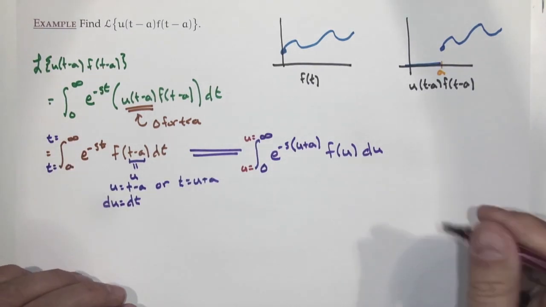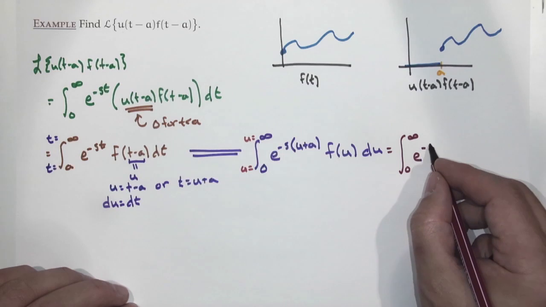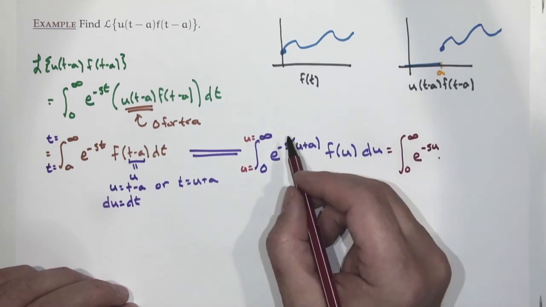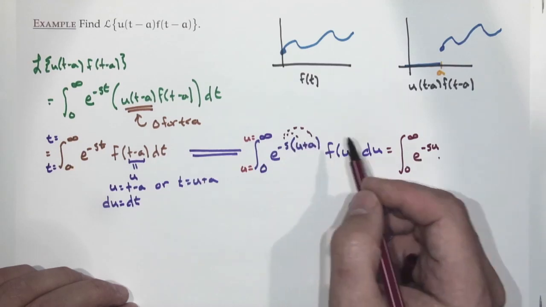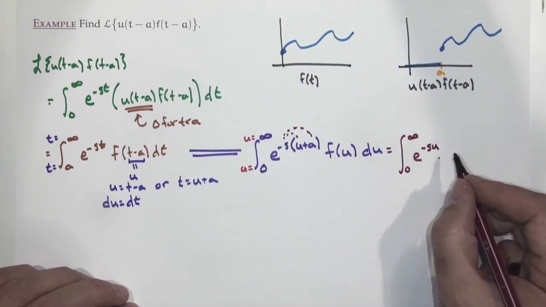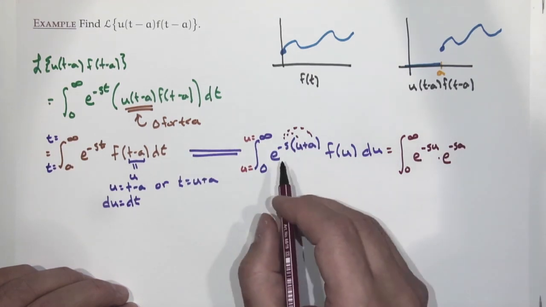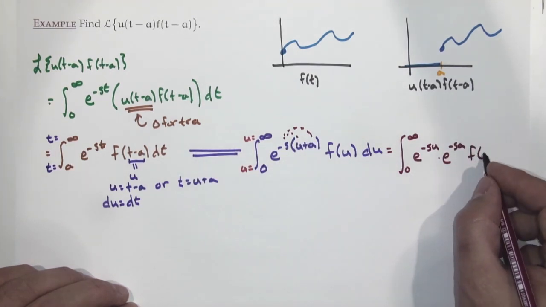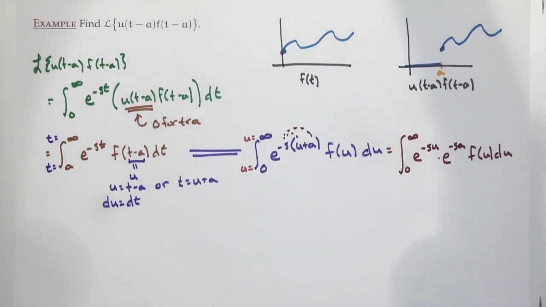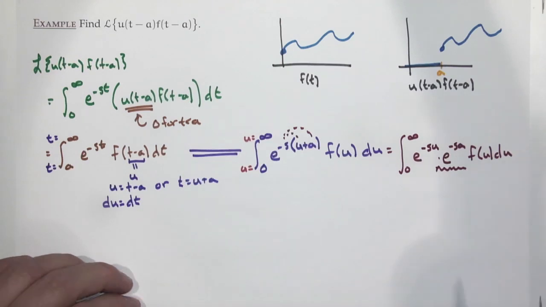What can we do? Well, we can say that this is the integral from 0 to infinity of e to the minus s times u, and if you think about what's happening, we have e to the minus su minus sa upstairs, but because of exponentials, you can actually pull that apart. And then we have our f of u du. Okay, we're almost there. Now, this piece, e to the minus s times a, or e to the minus a times s, whichever way you like to write it,